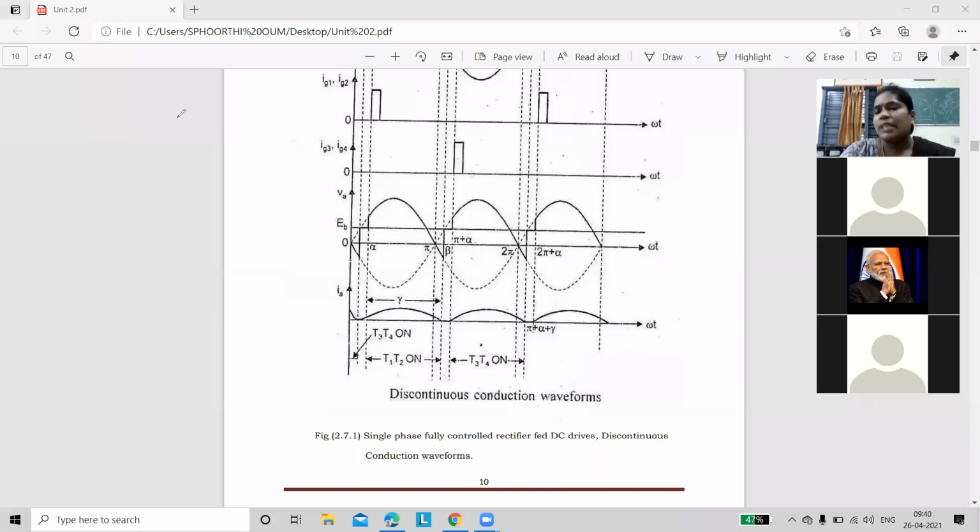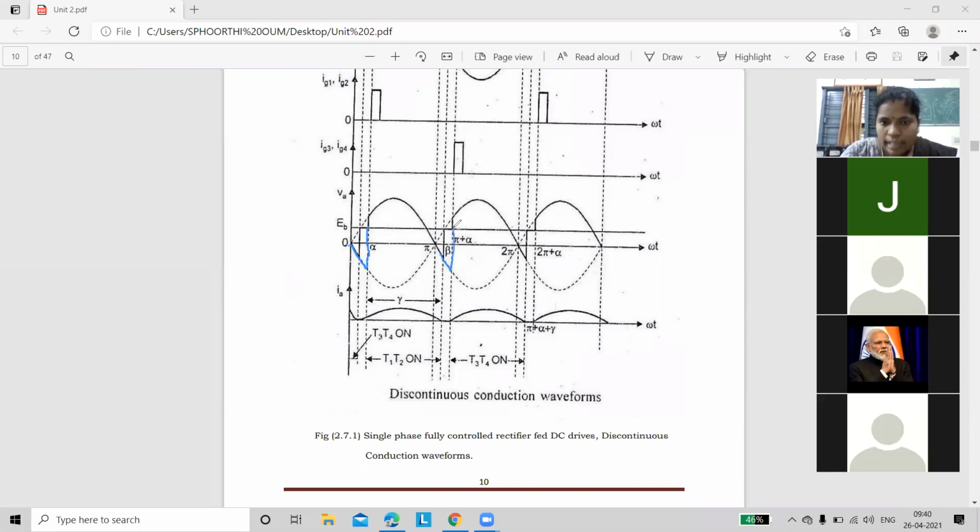So in the next way, I am increasing the extinction angle. That means you will get the waveform like this. Think it once. With the freewheeling diode, will it become continuous or discontinuous? This waveform part is also going to be presented for you. I am just not writing it. Continuous mode, ma'am. So by using these ways, you will get the continuous waveforms.